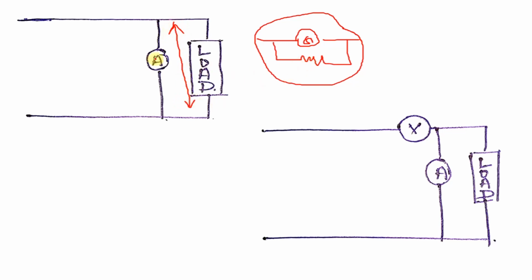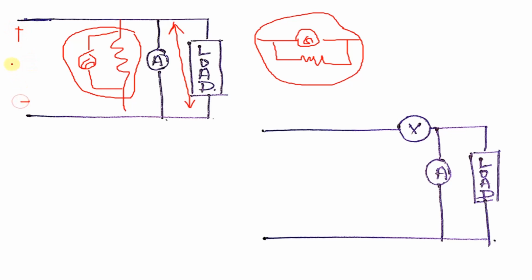Now see, if this is connected in parallel to the load, this resistance is very less. Let's suppose this resistance is connected and this is the galvanometer. So this equivalent resistance is very much less, and let's suppose we are providing a voltage of 200 volt, and this resistance is always in the range of some milliohm. So some 100 or 1000 ampere of current will flow in this circuit.